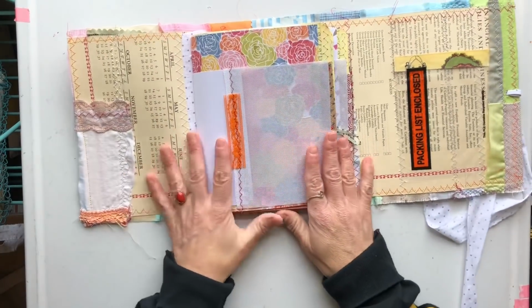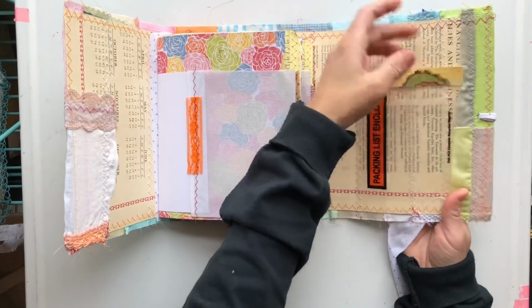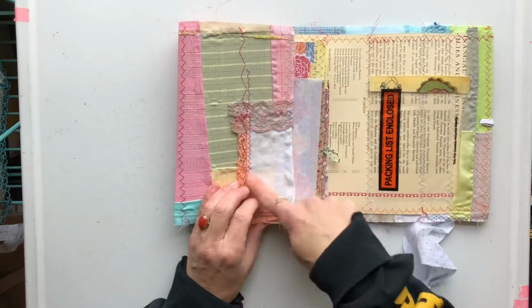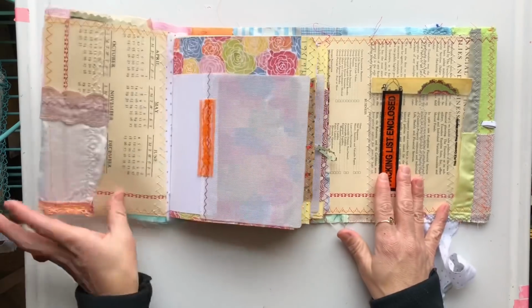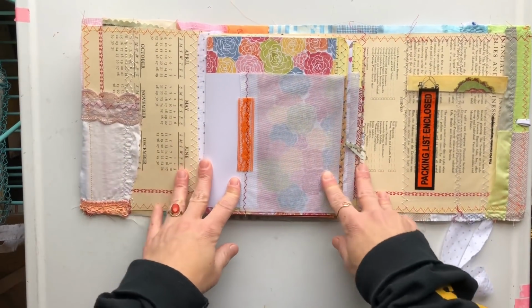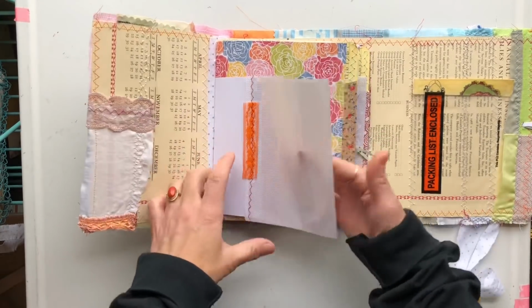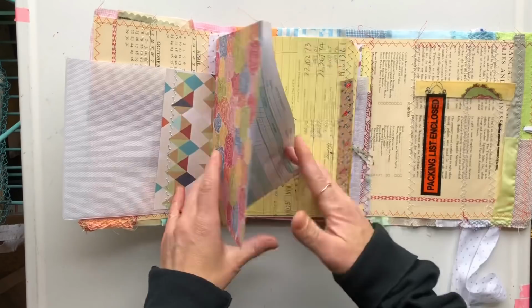So from there, I've got to go through and finish up. I've got pockets and stuff that I've added, and then you'll have a pocket that I've sewn in. But then here are the 3 signatures that you'll get. So, a photo album page that I've stitched to some scrapbook paper,